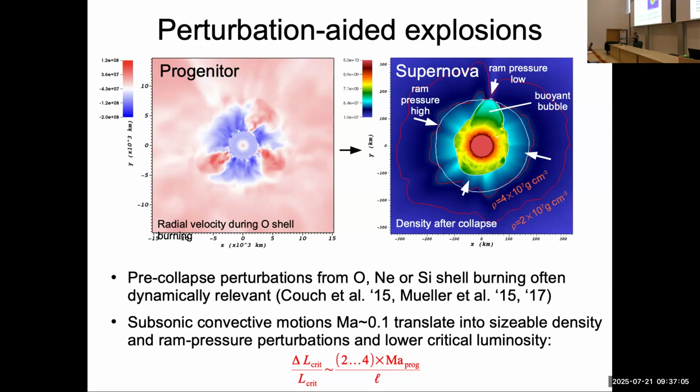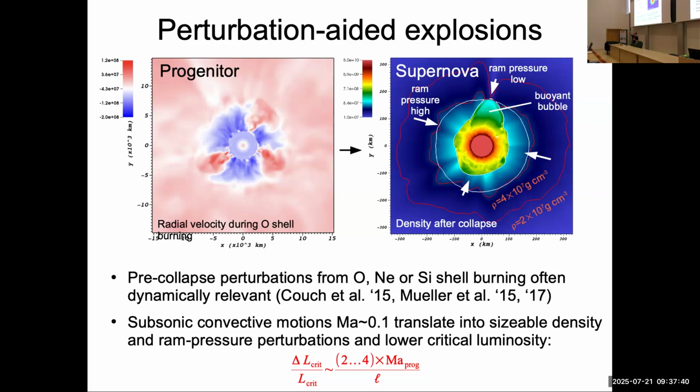So that means when the stuff falls through the shock and onto the neutron star, you already have seed perturbations to trigger and boost your hydrodynamic instabilities, and you also start to modify the flow globally. So what happens effectively is that even though your convective velocities prior to collapse may not be very fast, they still translate very effectively into ram pressure perturbations ahead of the shock, and then can sort of guide the shock